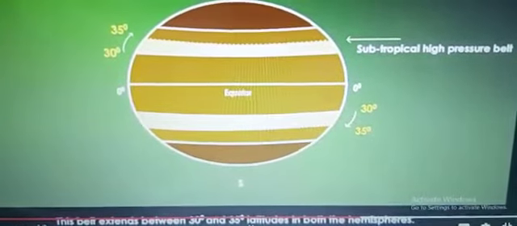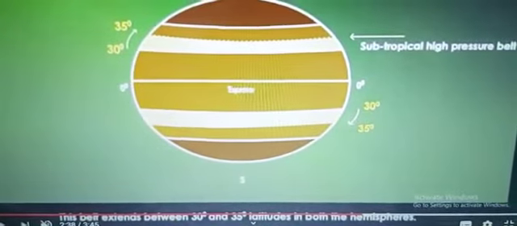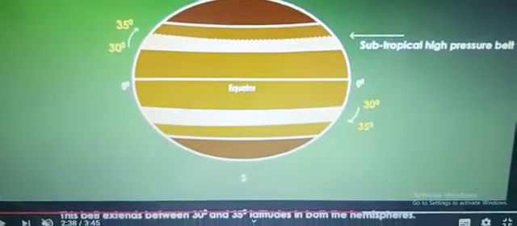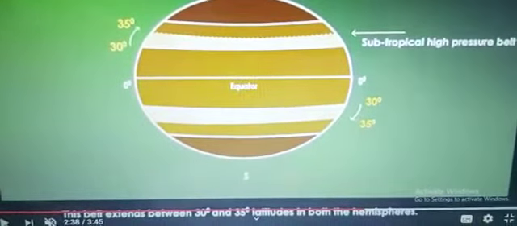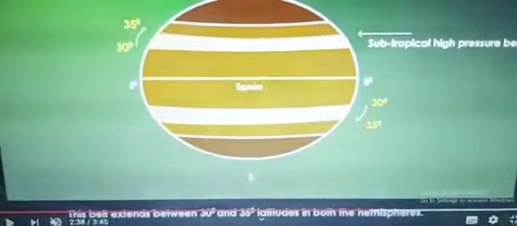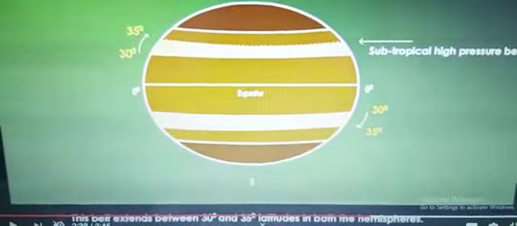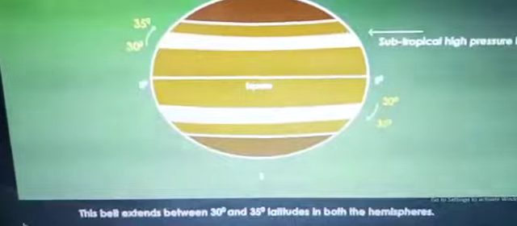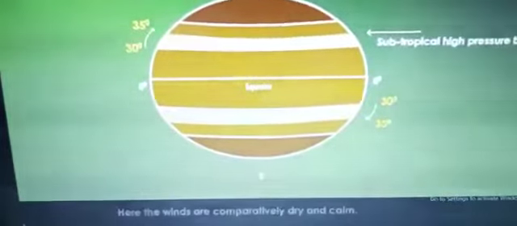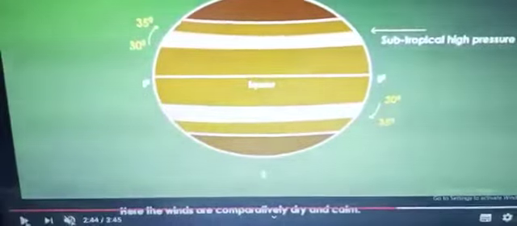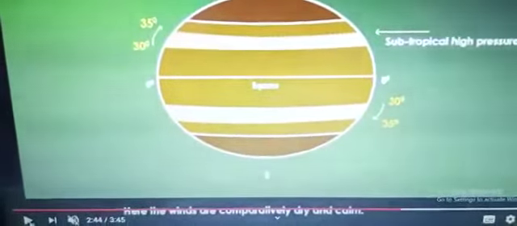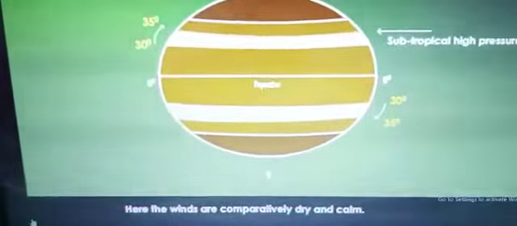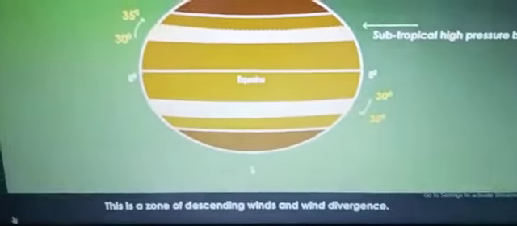So the wind from the subtropical region, you see the subtropical region here, it is shown. The wind from here blows toward the equator as trade wind. Now they move toward the equatorial region, and this wind is known here as trade wind, and toward the subpolar low pressure as westerlies. Now there are two names given for this. The wind that blows toward the equator is known as trade wind, and the same wind that blows toward the subpolar region is known as westerlies, children. So here I have told you about the subtropical high pressure belt.